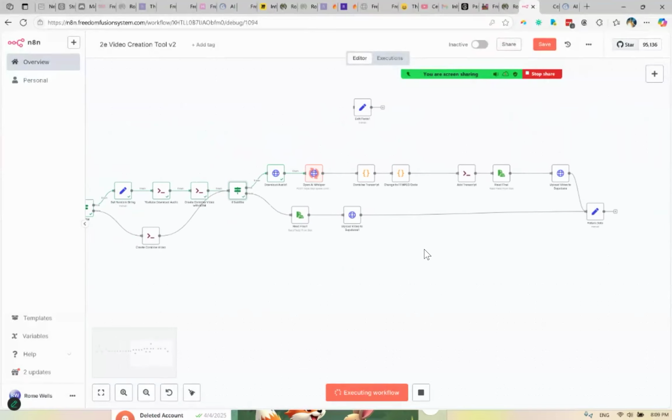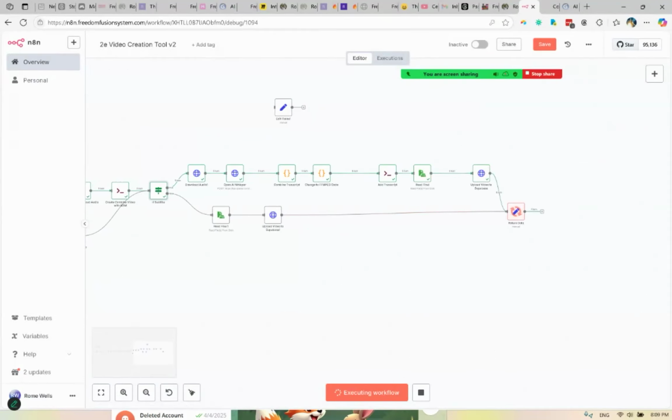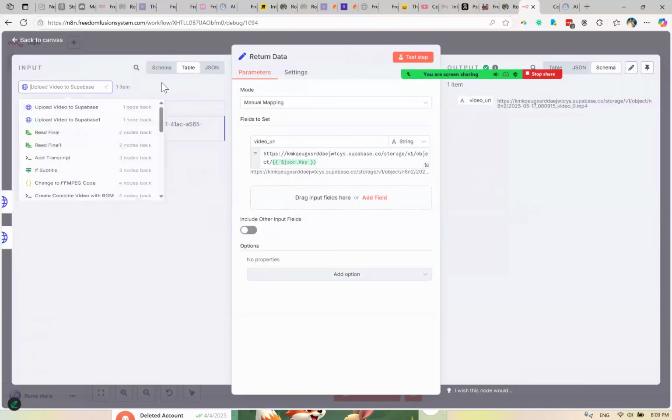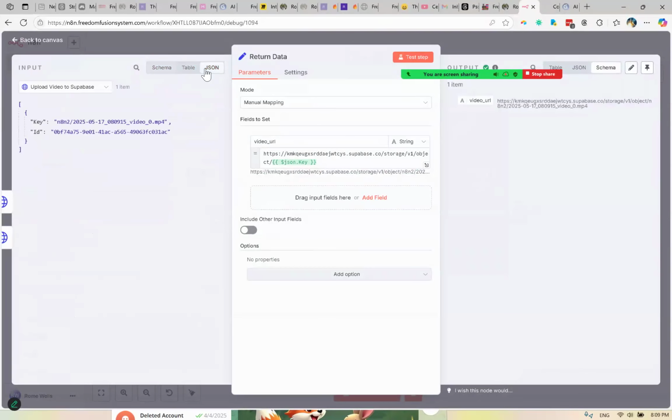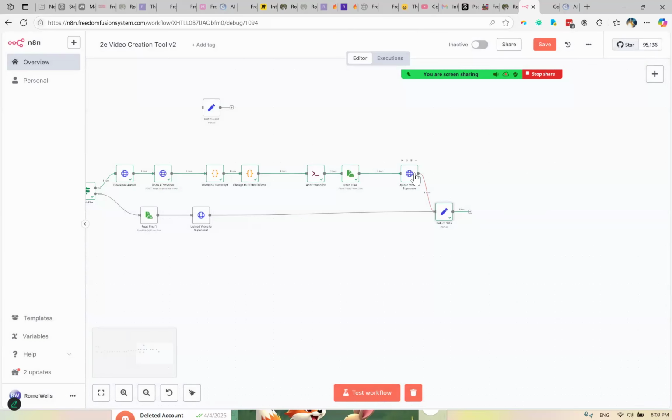Okay, it did. Using OpenAI Whisper model to create transcript. Okay, cool, cool, cool. Adding transcript. Let's see. Nice. So we should have subtitles, I believe. So schema, data, JSON. Let's take a look at